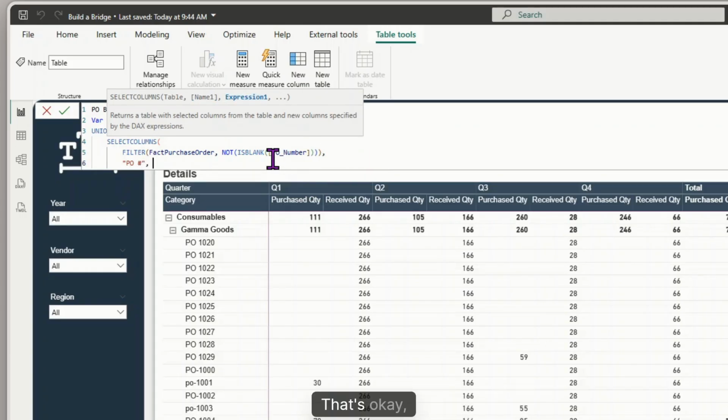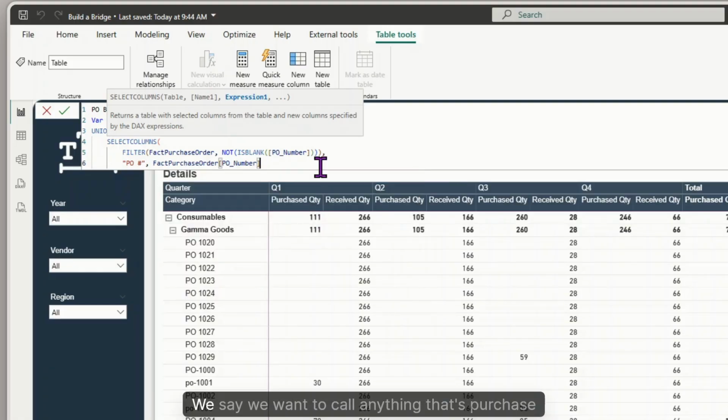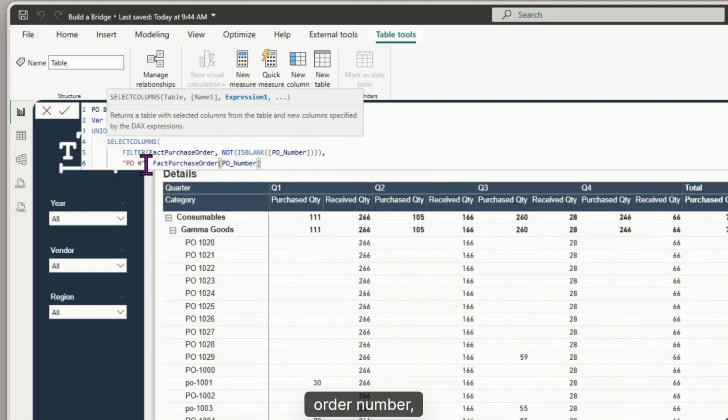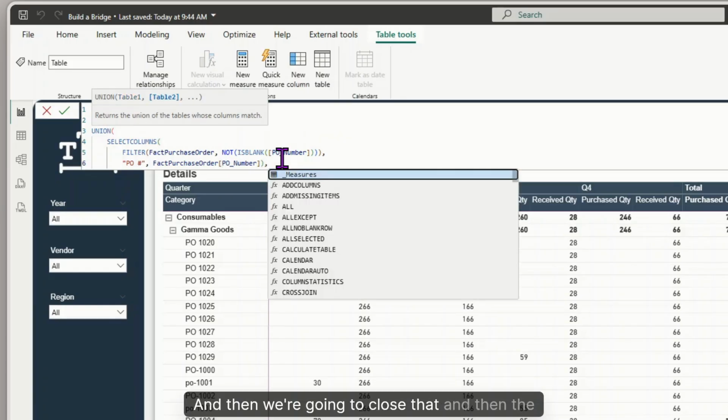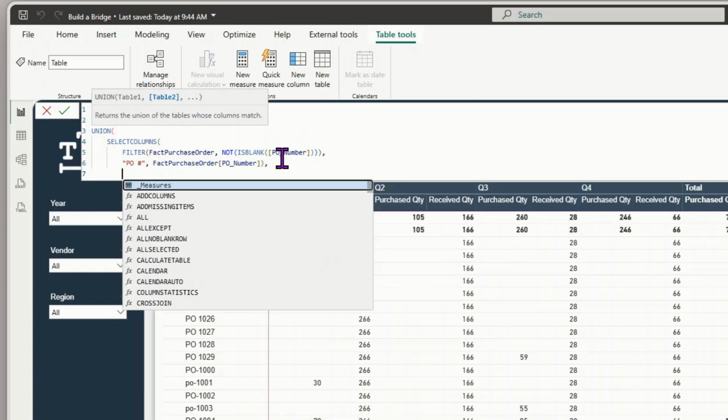I got too many. That's okay. We'll just keep going, and then we'll see if we still continue to get that error message. We say we want to call anything that's purchase order number with a number sign, and then we're going to close that. And then the next thing we're going to do is add in the second part of our union